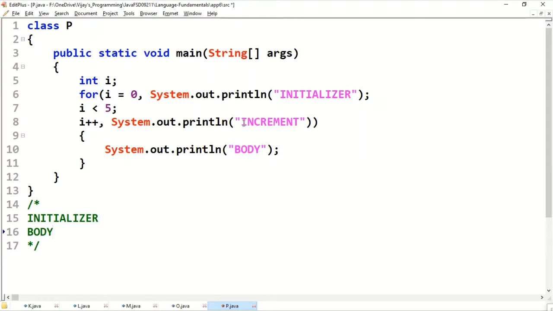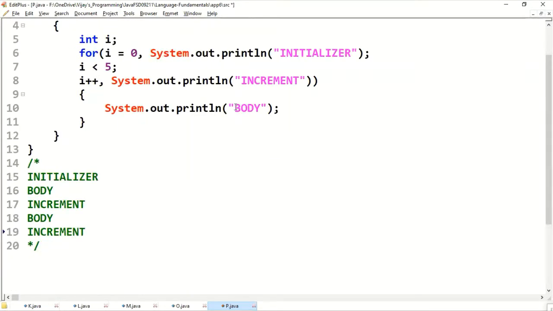Now, while incrementing from 0 to 1, the current value is 1. 1 less than 5, yes, body will be printed. 1 is becoming 2, for that increment will be printed. 2 less than 5, yes, body will be printed. 2 is becoming 3, increment will be printed.